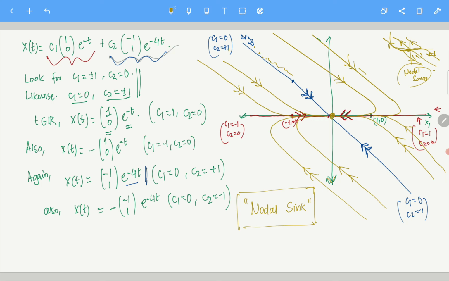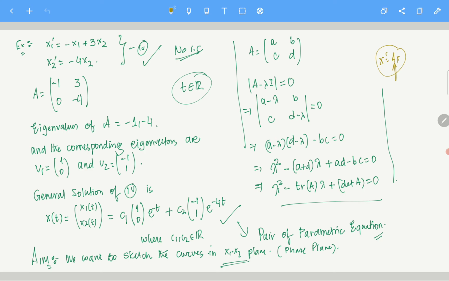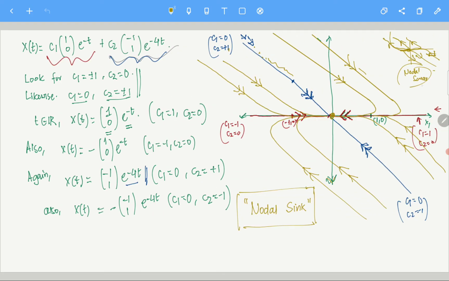This is the case where you have two distinct eigenvalues. Please remember, the phase portrait we are doing in this course is just for planar systems. We are not doing it for higher dimensional systems. Of course, we can do something for higher dimensional systems, but for now it's just planar systems. What we did in this part is just two distinct eigenvalues with corresponding linearly independent eigenvectors, and how to deal with this. So you have two cases: one is a nodal source, or you have a nodal sink. In the next few classes, we are going to look at all the other different cases. So with this we are going to end this video.